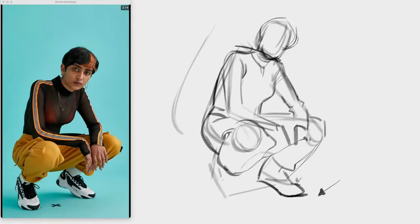Feet, shoe. Don't worry about drawing the shoe perfectly, but try to get the shape of it, right? Try to get the main shape of it as a graphic shape, and then bring it together there. And yeah, so